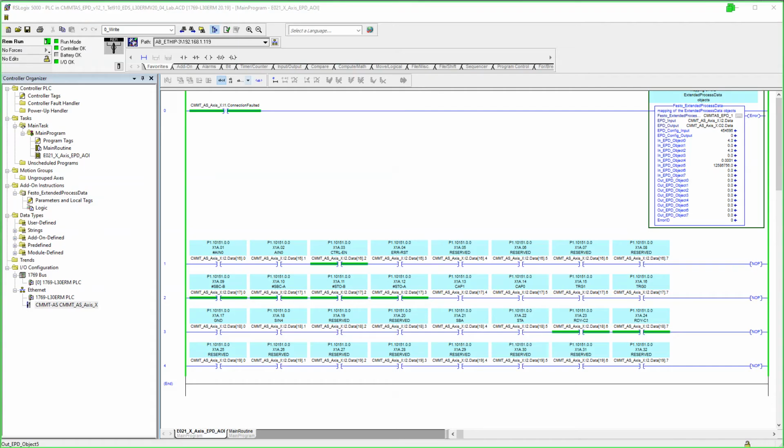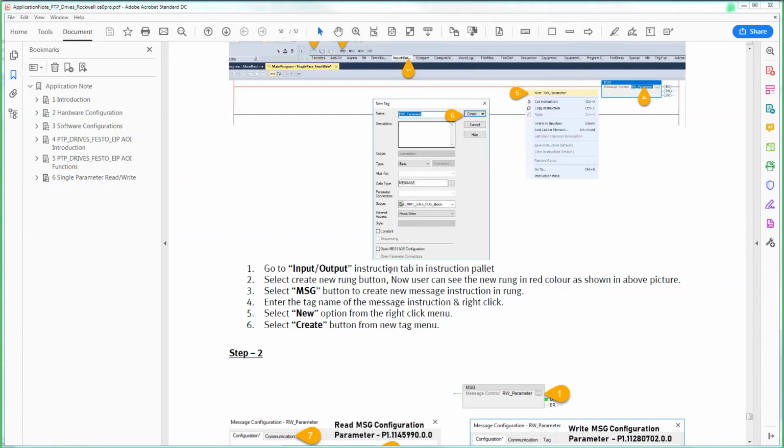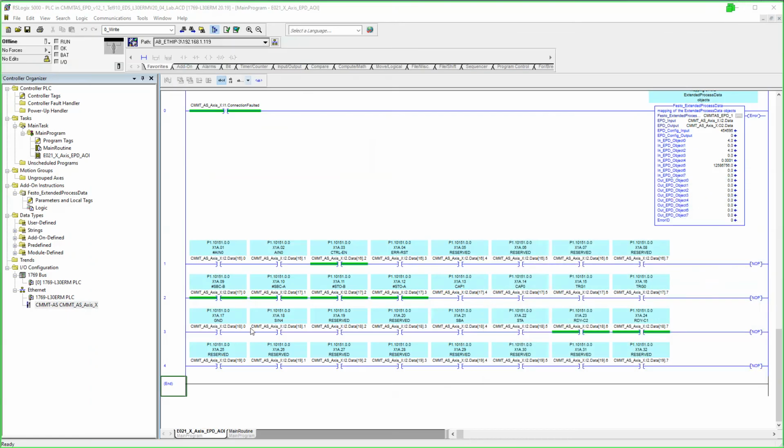In the Rockwell world, I'm going to go offline here, save the project. This is from a previous example. I'm just going to add below this code here. So, as it says in the user manual included in the download, the first thing we do is add a message instruction. So let's quickly add a message instruction here. Add a rung,